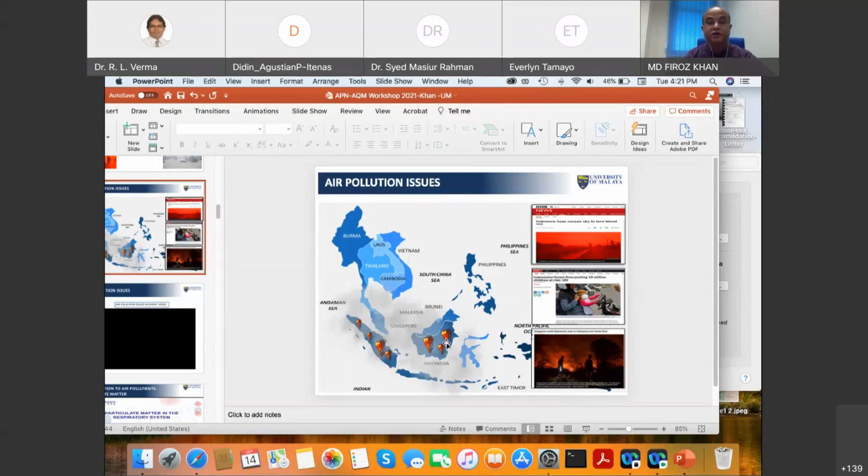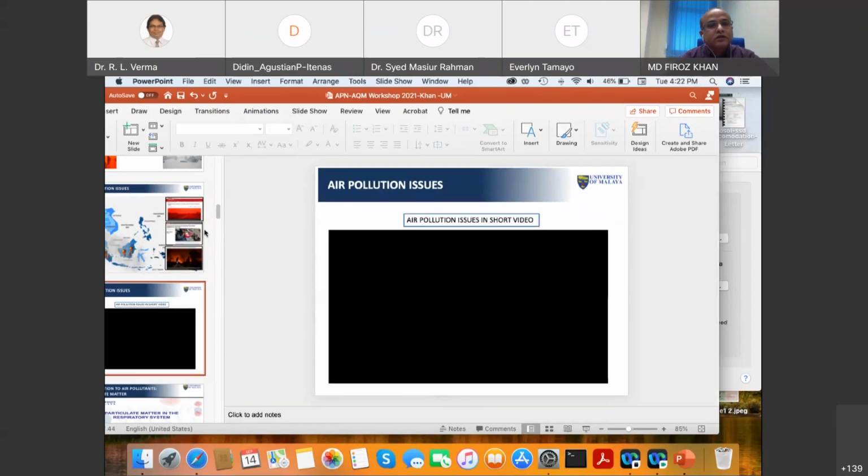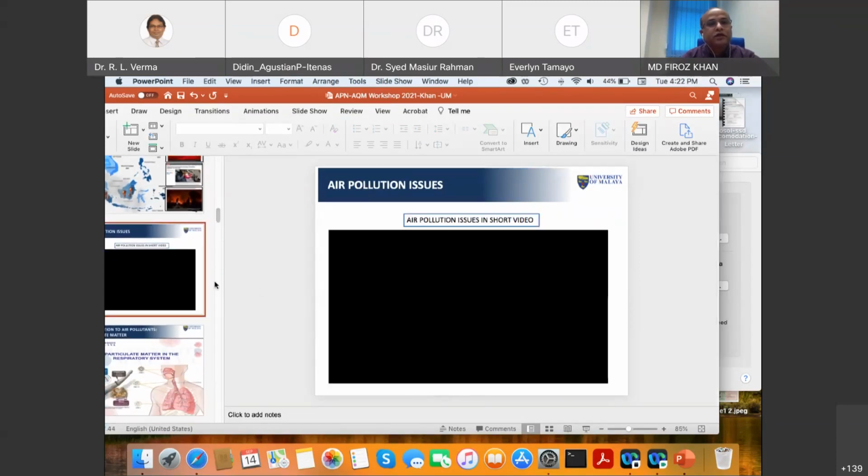This is reported by a research project from Harvard University. And then later there is another paper, with collaboration from the University of Leeds, Dr. Dominic's group. In our paper also, we reported about 44,000 people died due to the exposure of biomass burning from 2015. Let's have a look more at the air pollution scenario from our local region,